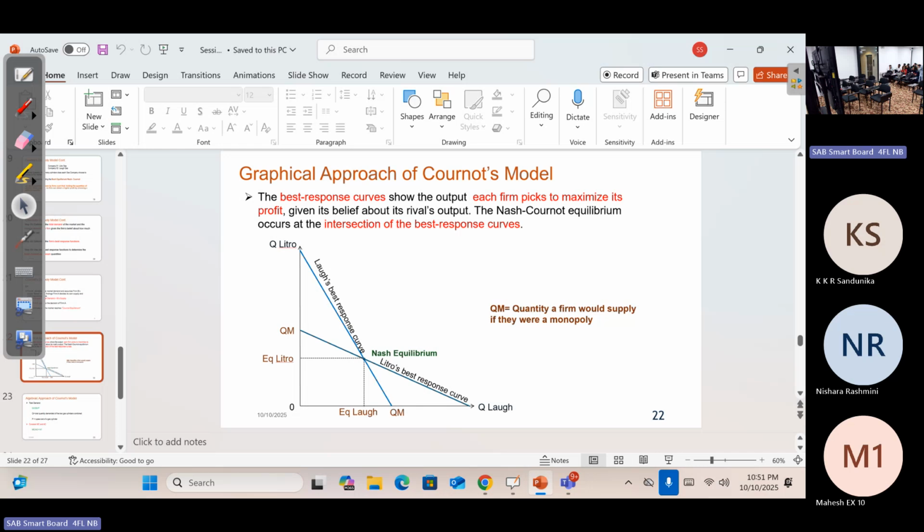Understood? Then please draw it. I will not ask for the profit or the other things. I would expect you to find the Nash equilibrium numerically and show it graphically in a diagram. That is my expectation from this part. Understood? Right. Since the oligopoly part is a little bit lengthy, now let's sum up the oligopoly.